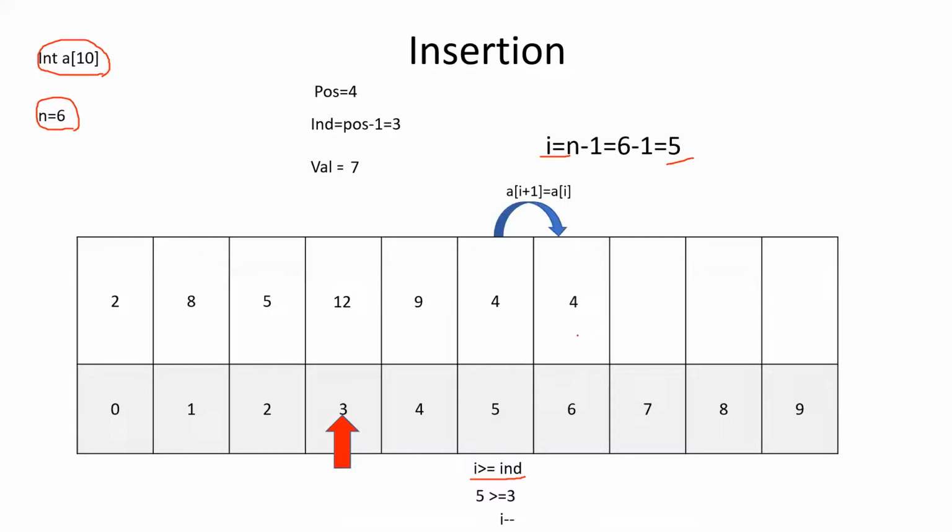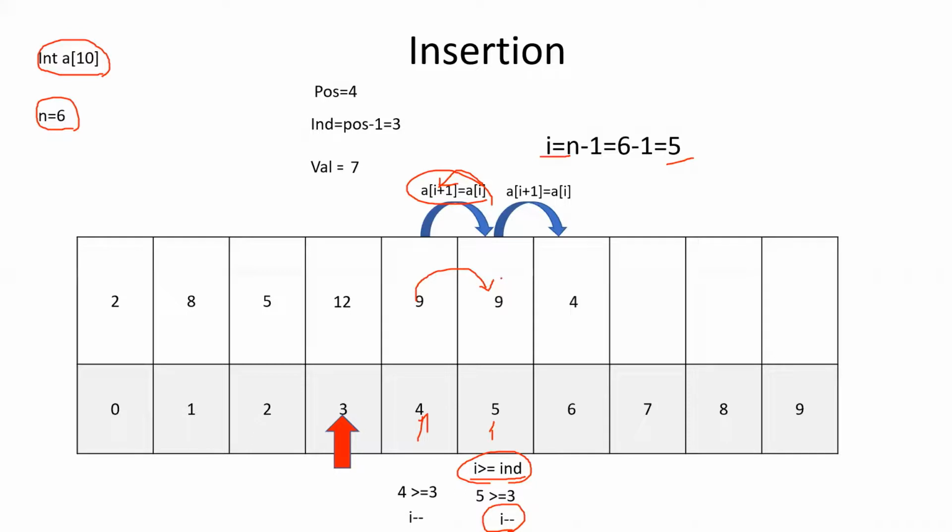Again, we will decrement the I value, right? Initially, I was pointing to this position. Now I value is pointing to this position. Again, we will check this condition given in the while, whether 4 is greater than or equal to 3. It is. So we will be executing this line. The same thing I have implemented as an animation. A of I plus 1 equal to A of I. Even if I draw it like this, with an assignment statement, we have to imagine that it is assigned from right to left. Here what will happen? 9 will be copied into the place where we have 4, right? So this will be copied into this position.